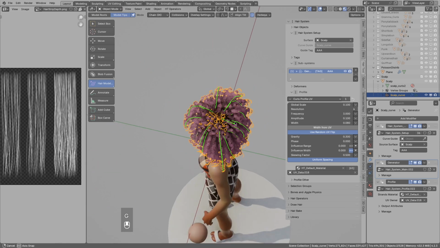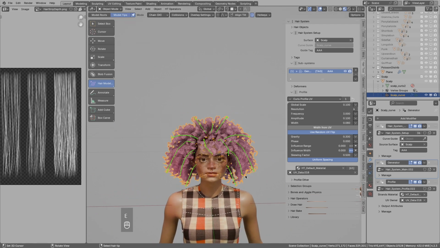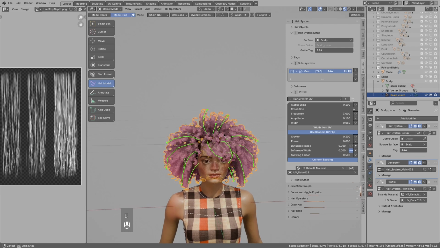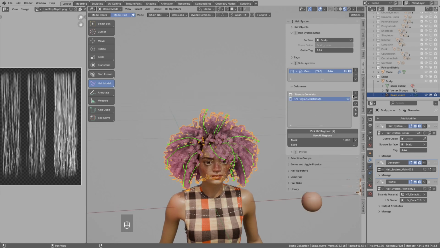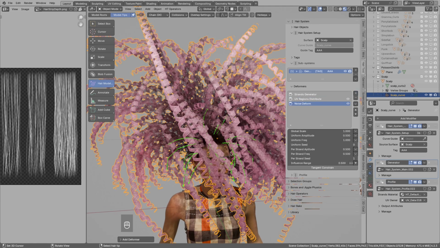Well, anyway, I do not want to spend too much time just moving the hair strands around, but if you spend a bit more time, you should get quite good looking hair strands, hopefully. And to make this maybe less uniform, I will this time try to add a bit of noise to this. So I will go to the deformers and in here add deformer noise.